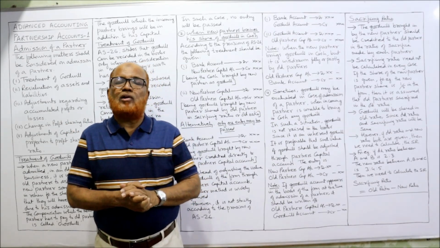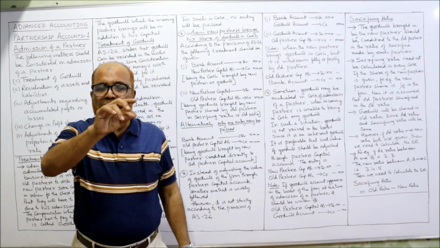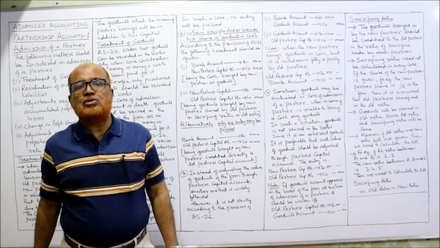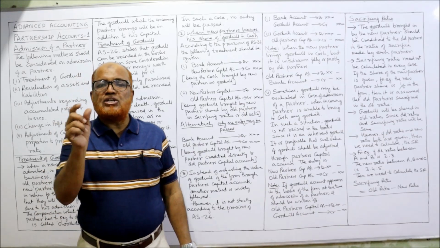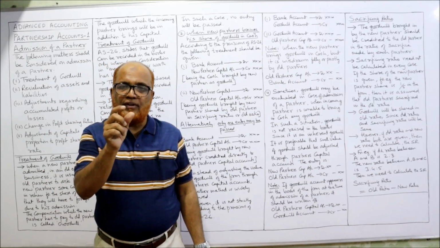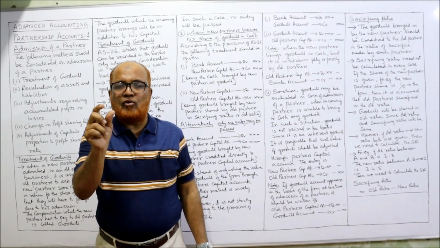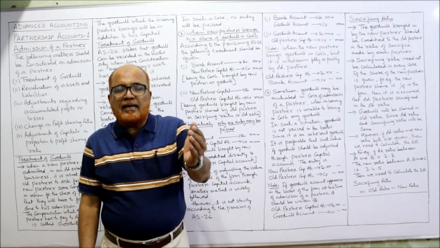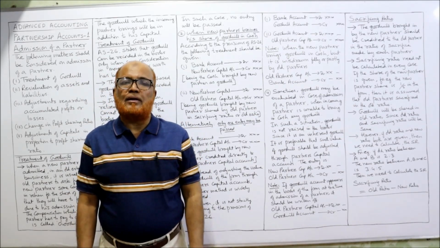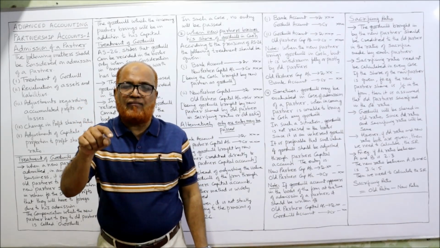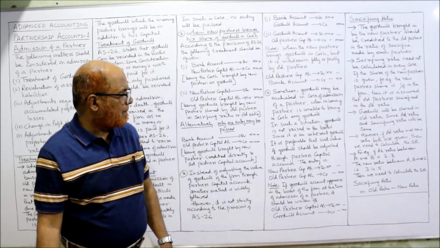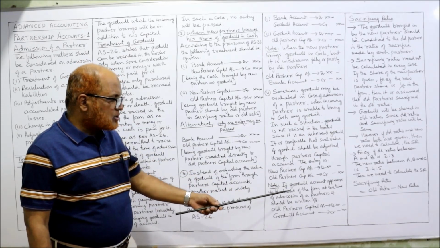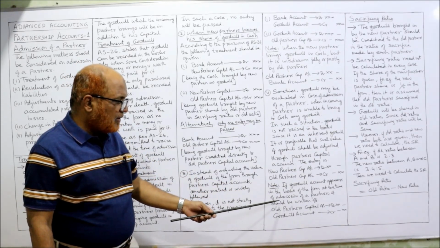In that case, what is the alternative? New partner's capital account debit, old partners' capital accounts credit. Whatever is the share of goodwill of the new partner will be debited to the new partner's capital and credited to the old partners' capital in the sacrificing ratio or old ratio. Right? Now, note,